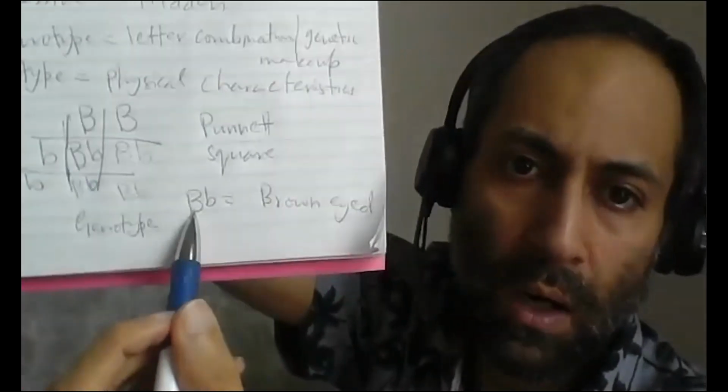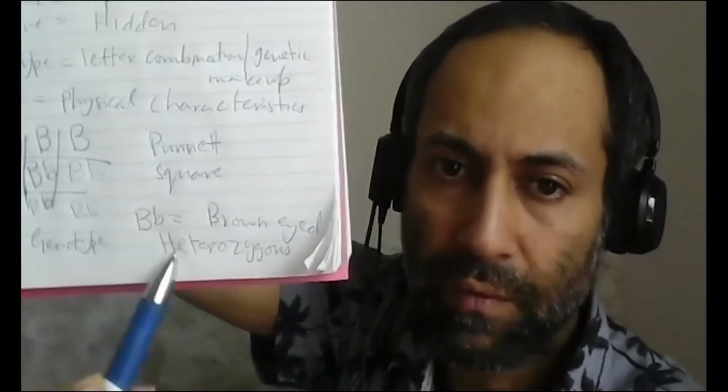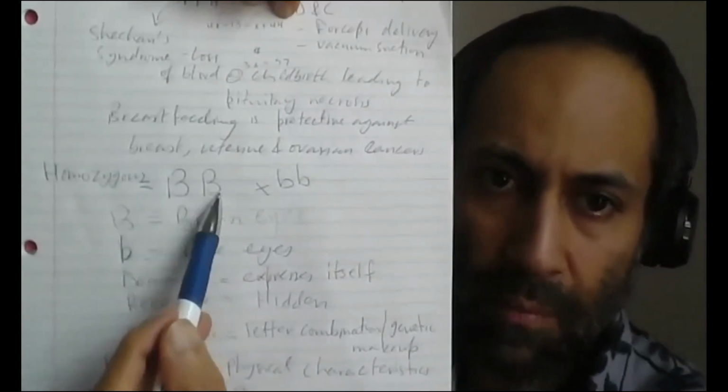Look at this one: capital B, one lowercase b. So there's a difference, one capital, one lowercase. So that is called a heterozygous brown-eyed individual. Hetero means different, right? So heterozygous brown-eyed individual right here, right? This one is heterozygous brown-eyed, one capital B, one lowercase, two different. This one here, the parent, was homozygous, same, capital B,